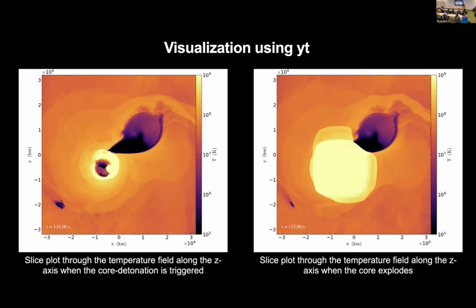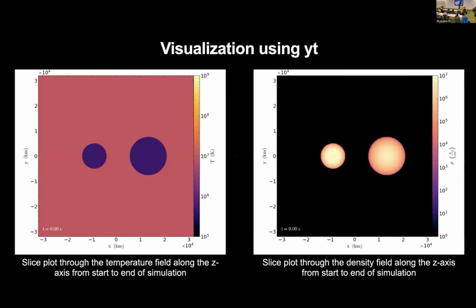This is the density. Oh, I should have mentioned, this is the temperature profile of the two White Dwarfs, and this is the density profile. Another key point to note is that both of the other two groups, even though they had conflicting results, did agree on one thing: that we do need really high resolution in order to actually resolve what happens inside the core. Because Castro can be run fully on GPUs, we think those high resolutions are achievable with our code, provided they can give us more allocation.